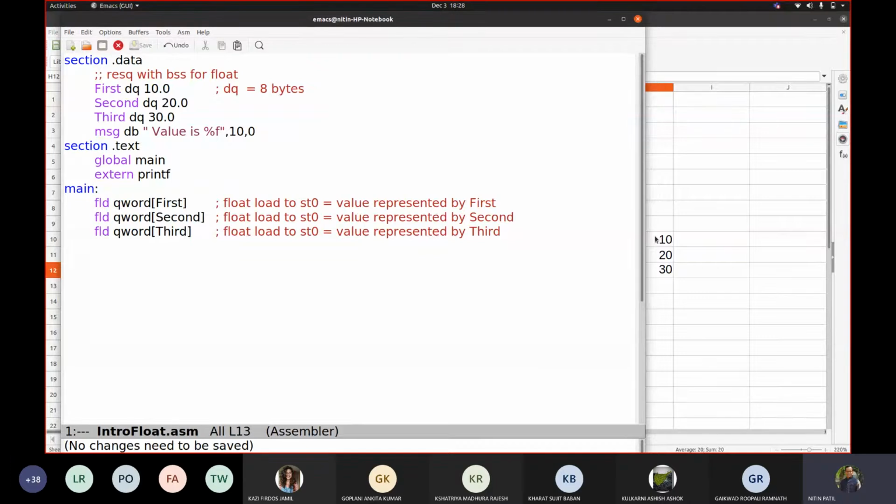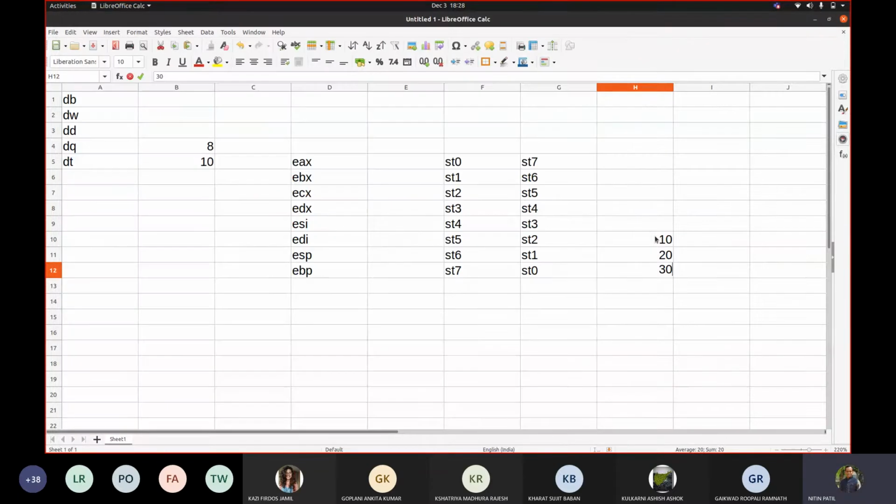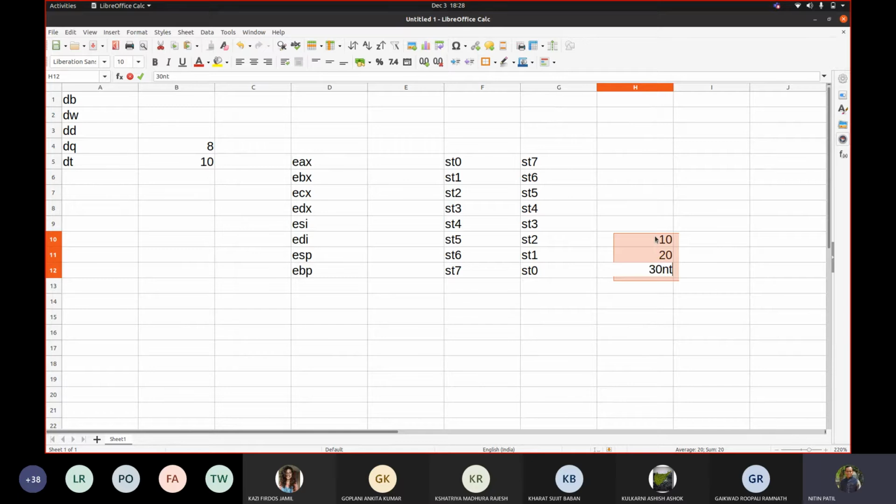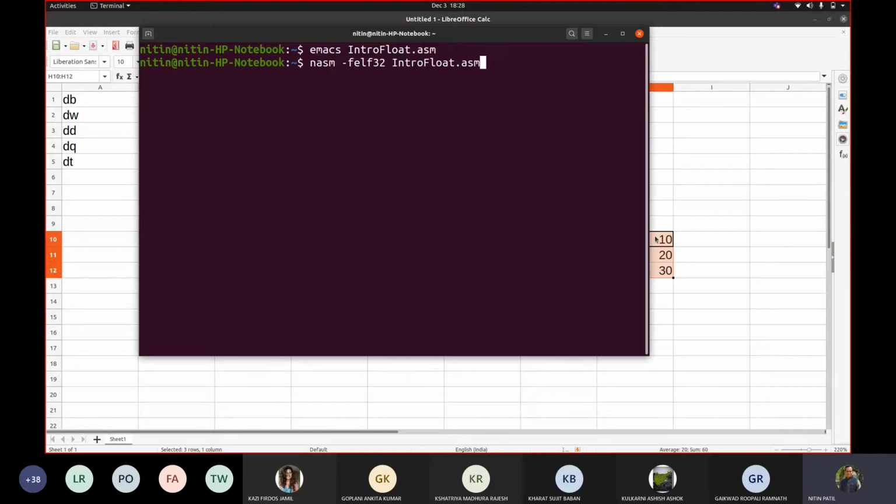Are you with me? Okay, so let me go here. Let me write nasm -f elf32 intro_float.asm -g -F dwarf, because we have to debug this.